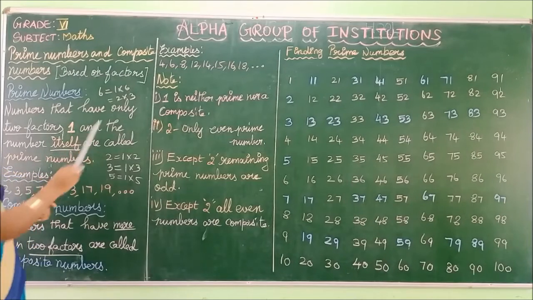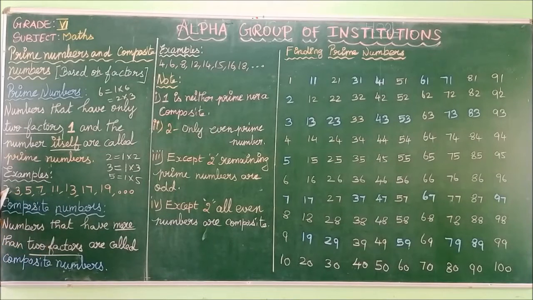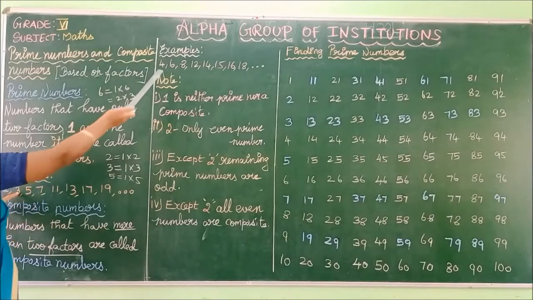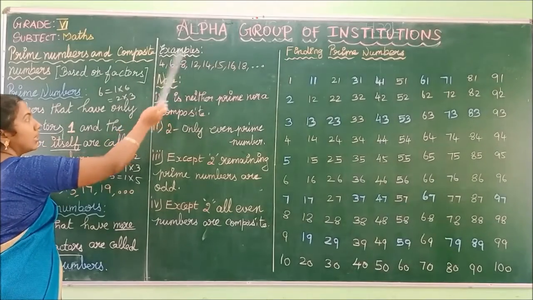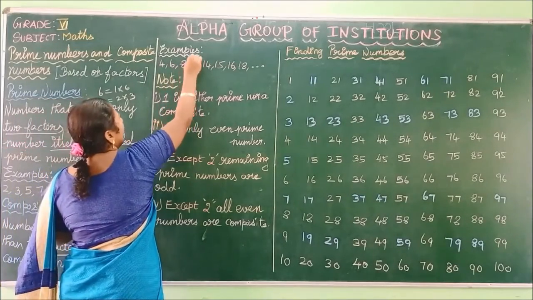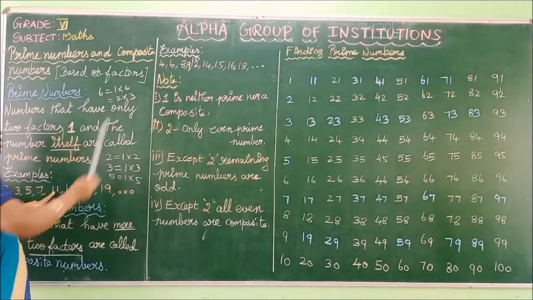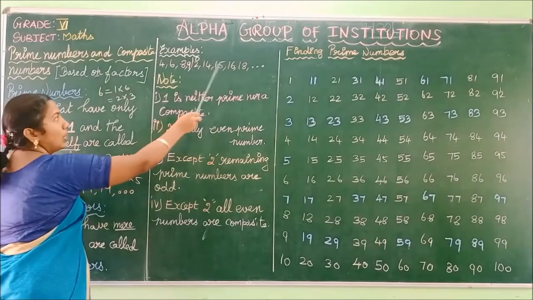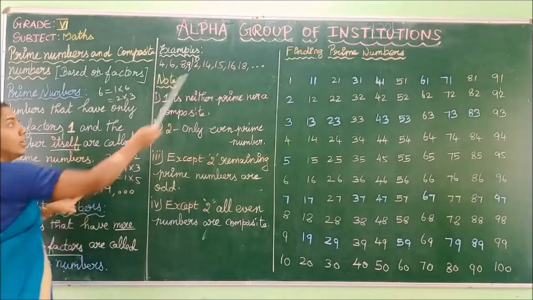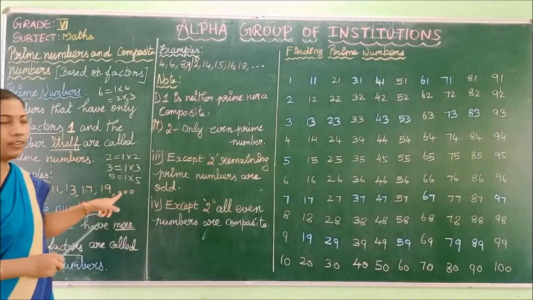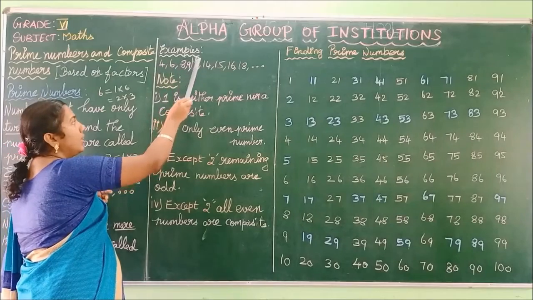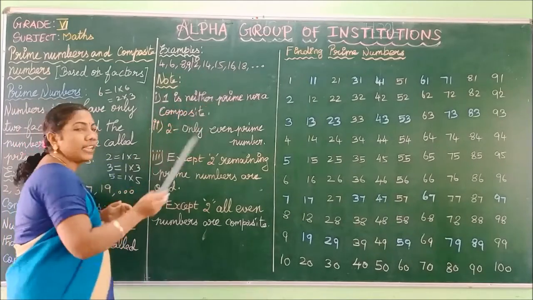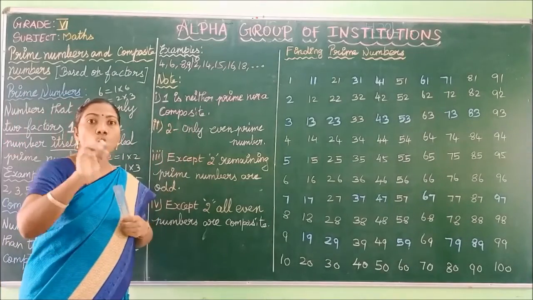Okay, let us see an example for composite numbers. Leave the number 1 here. Here we have written 2, 3. The next numbers 4, 5, 6, 7, 8, 9, 10 and then 11, 12, 13, 14, 15, 16, 17, 18, 19, you have to write here. Similarly, we have to write the prime and the composite numbers. See here, 4, 6, 8, 9, 10, 12, 14, 15, 16, 18, etc. All these numbers have more than 2 factors.